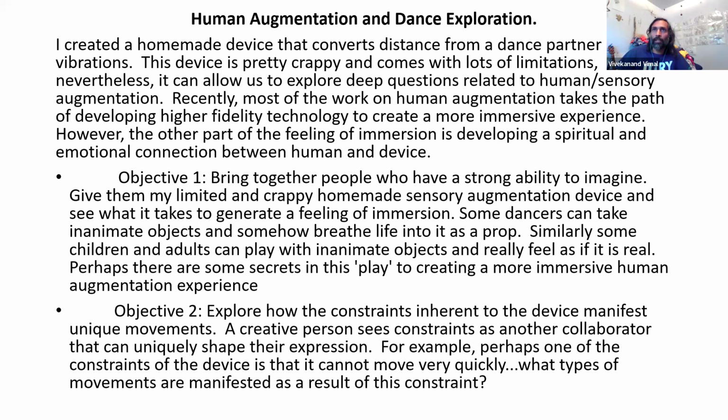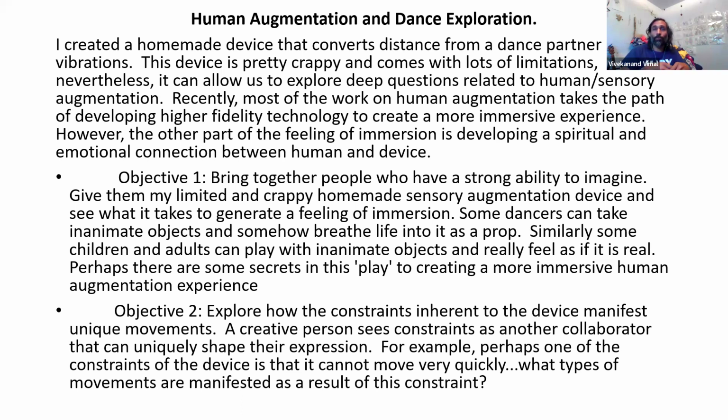Part of the motivation behind this was that because my research is in space exploration, why not have one dancer be like the sun and a second dancer be like the planet? And so you're trying to orbit around your partner. What this device does, as it's currently programmed, is that it tries to keep you about 35 centimeters away from